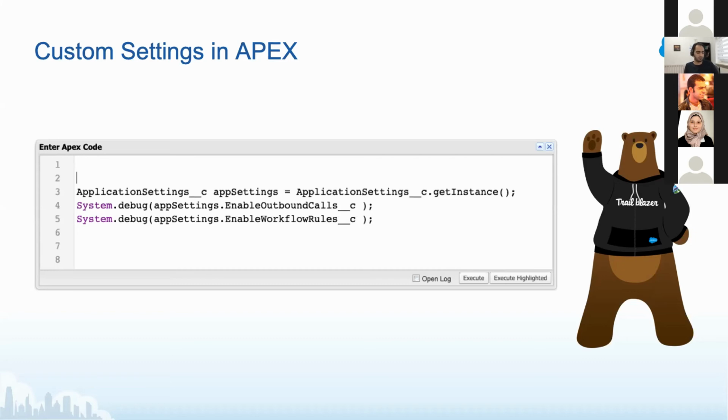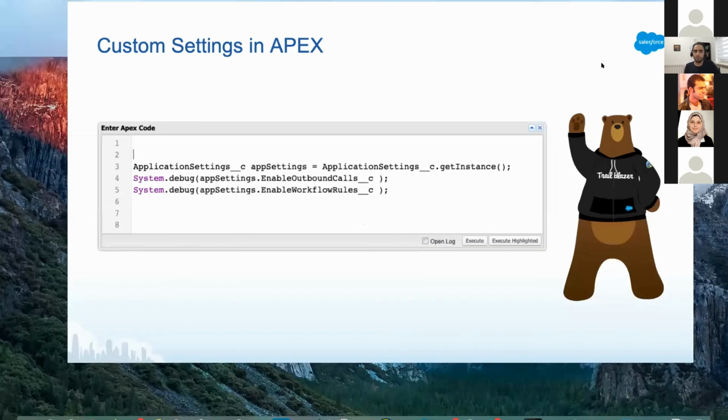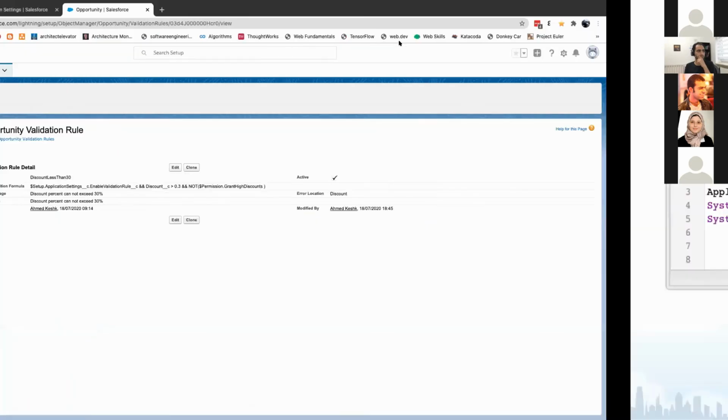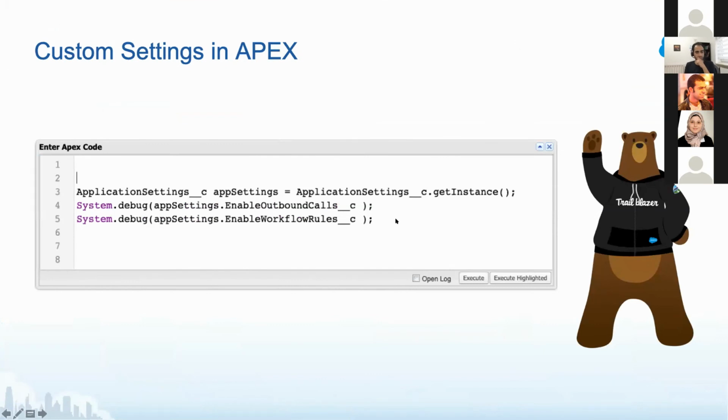So you write this code or this custom settings and all your validation rules and all the workflows, process builders to control it using one click. Okay. Yes, Amr, I do that myself. It's a best practice, as I said. There is nothing that forces you to do such an approach. But as you saw the best practice, the scenario, we have a situation, and in that situation, we need to